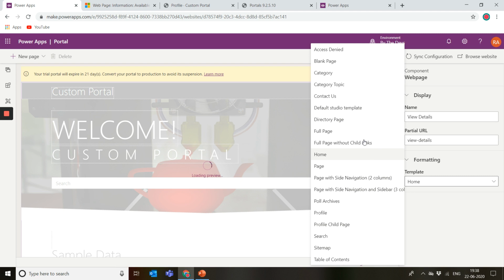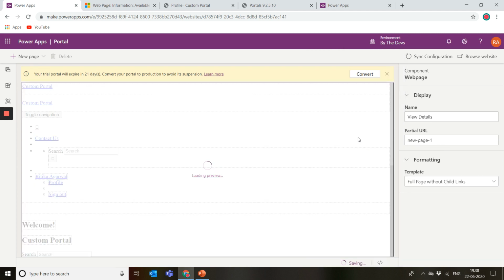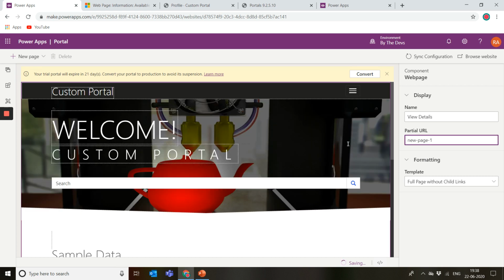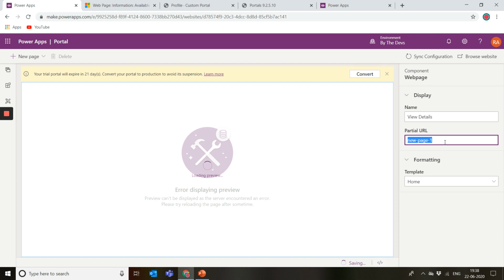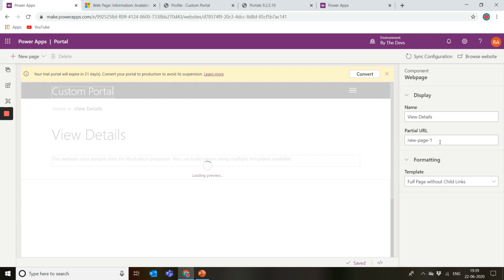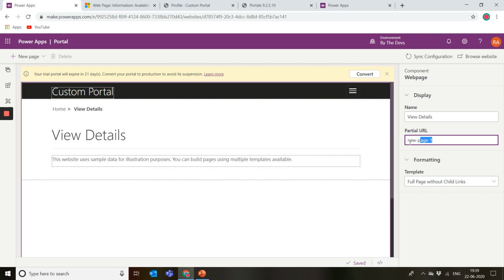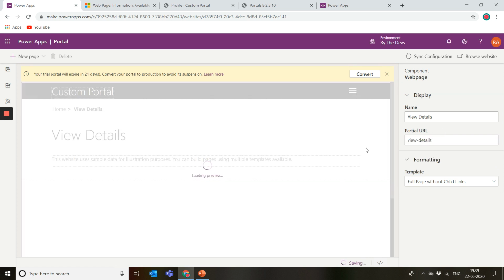Okay, this is going to remove my changes because the preview is loading. So let's see, yes. Okay, let it load first. And I'll name this as view details. Okay, a lot of loading is happening here. Okay, so view details. Let it load.